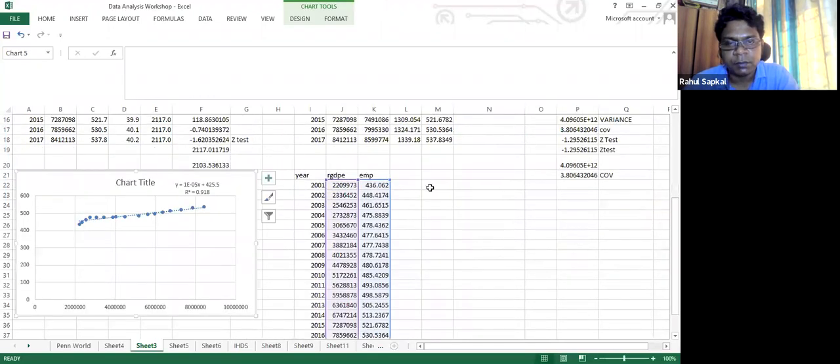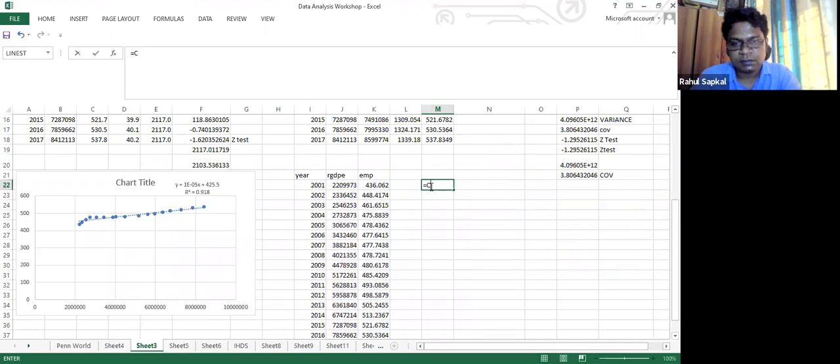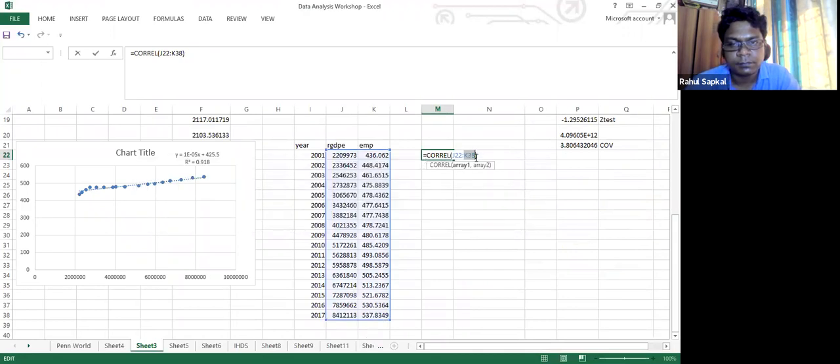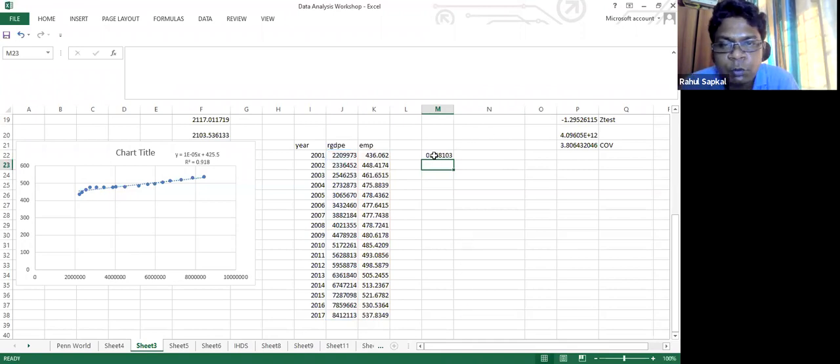So we will also see the normal correlation of the two variables. It is showing 0.95, but in the regression it is showing 0.91. It's more or less the same.